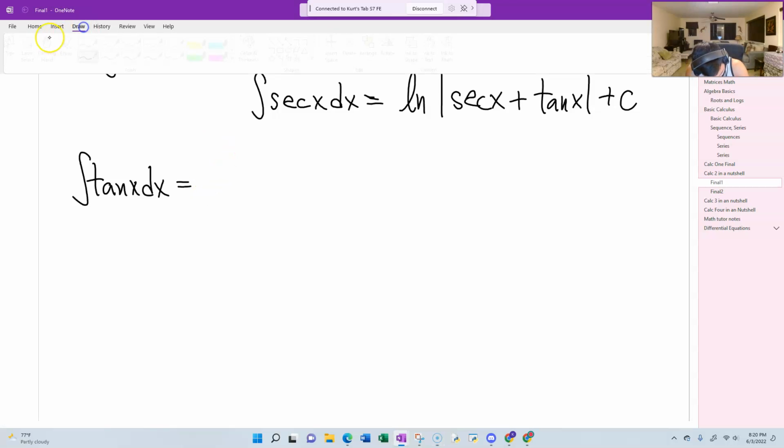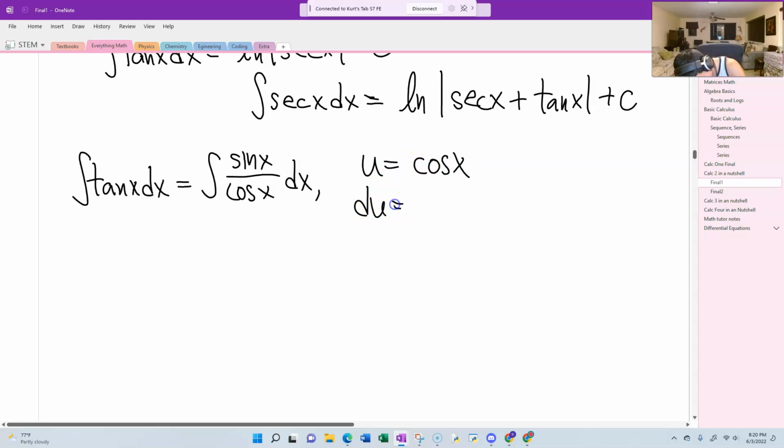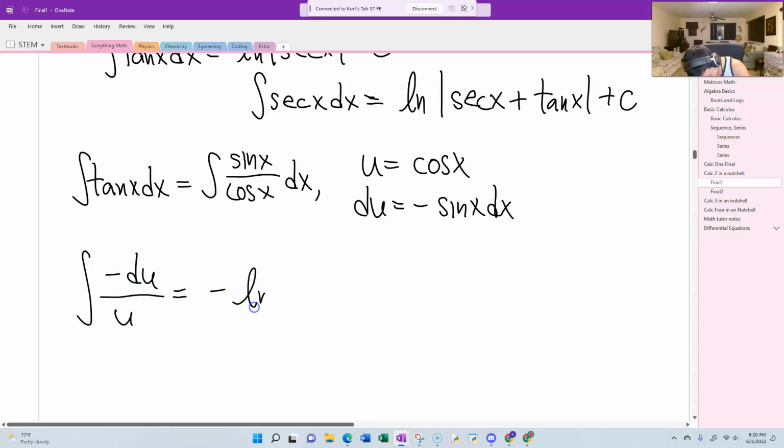Let's start by rewriting it as we should, which is what? Sine x over cosine x dx. And then you just do a u-sub and let u equal cosine x, so that du is equal to negative sine x dx. So then you can do your replacements, and then what do you see? Well, the cosine is just u, and then sine x dx, right? This is just going to become negative du, and then this is negative ln of u,